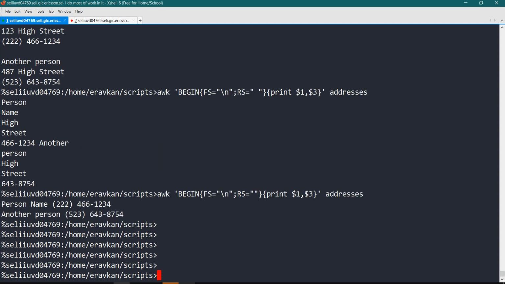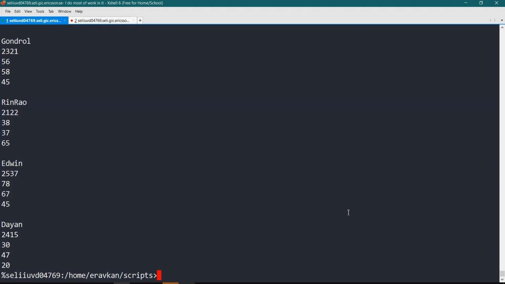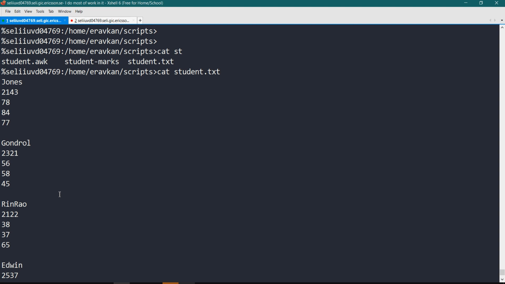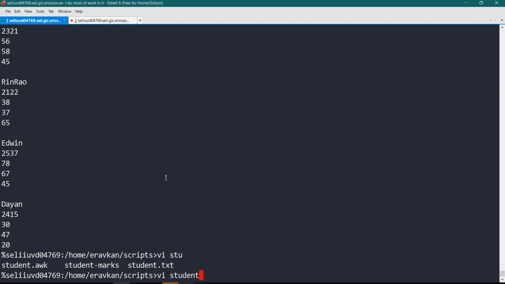Okay, let me give you one more example. I have a file students.txt. In this file there are records of students arranged in a random way, meaning not a good structure. So how can I change it? Let me write a student.awk.